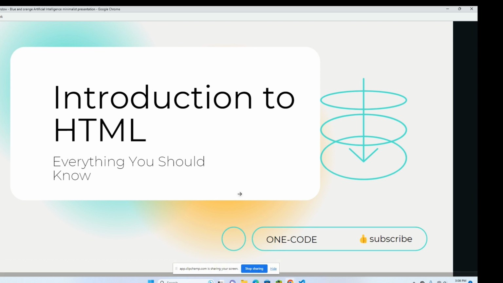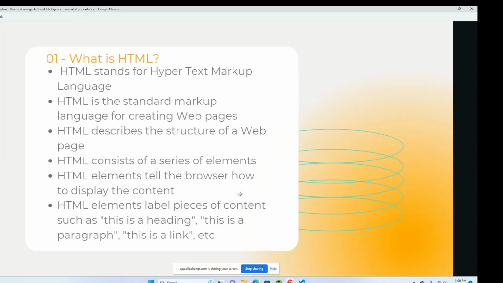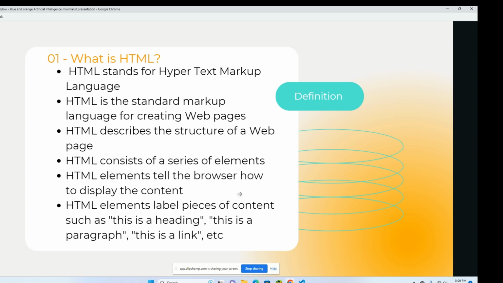This course is all about introduction to website development. Not only that, I will also be taking you through the journey of learning HTML, from newbie to master in writing HTML. This will take you through everything you need to know about the language. HTML stands for Hypertext Markup Language, which is the standard markup language for creating a web